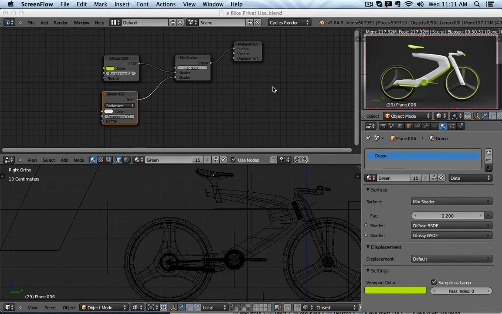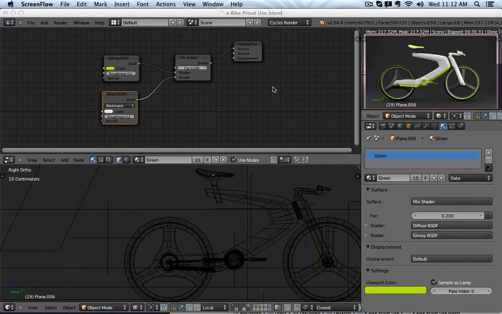One of the challenges when you do product renderings is, for example, like in this case, to try to maintain a similarity between the different material colors. And as you can see here, I'm using white for the frame, a dark gray for the tires, a brighter gray for the spokes. And then I'm going to use green, for example, for the silicone parts for the handlebar, for the seat, as well as for the frame, and actually a little bit as an accent color for the